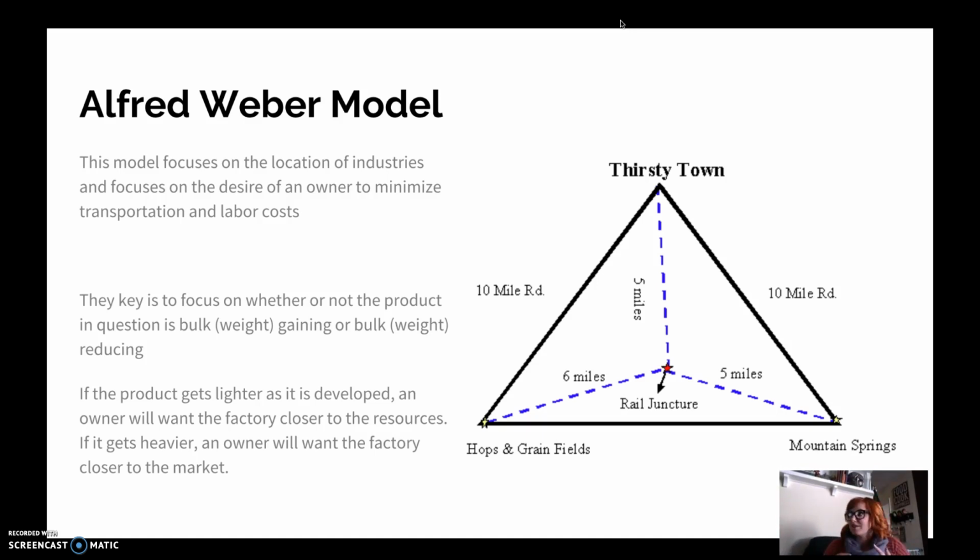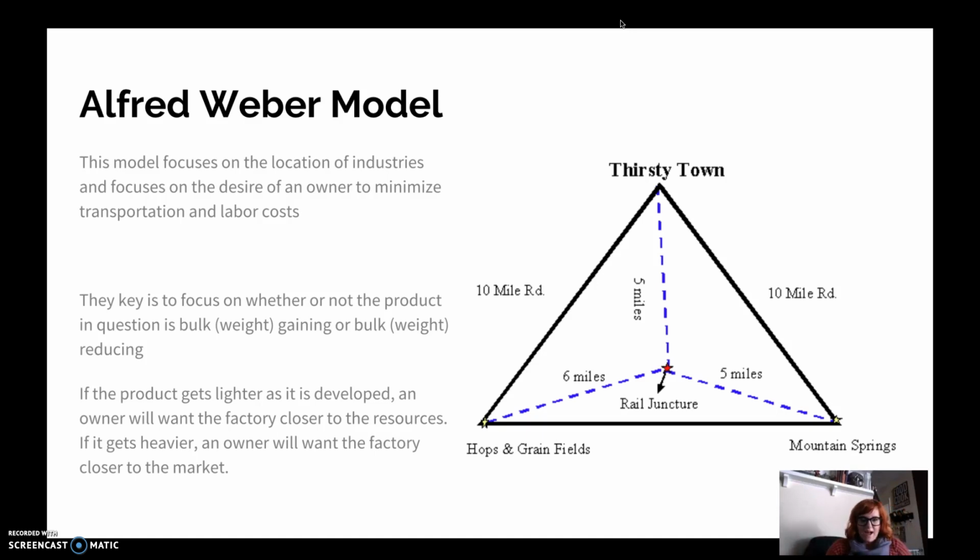So you make bottles, but then once you put something in them, they get much heavier, right? So that is a bulk gaining or weight gaining product, okay? A bulk reducing or weight reducing product would be like paper, okay? So paper comes from lumber. The lumber is much larger than the stacks of paper that you're going to get and a lot heavier, right? Does that make sense? Okay, so if the product gets lighter as it is developed, bulk reducing, an owner would